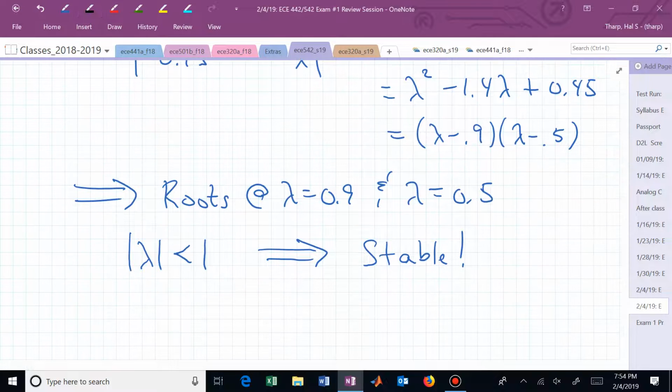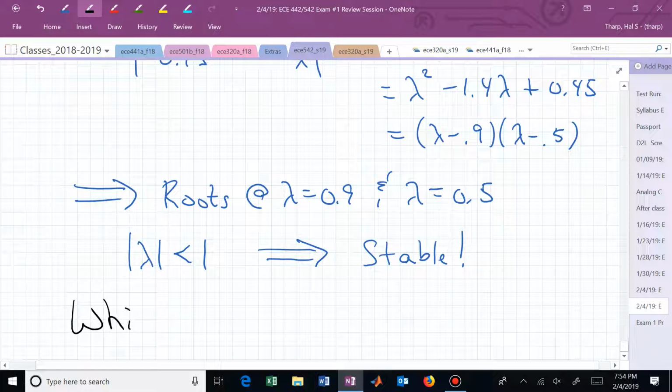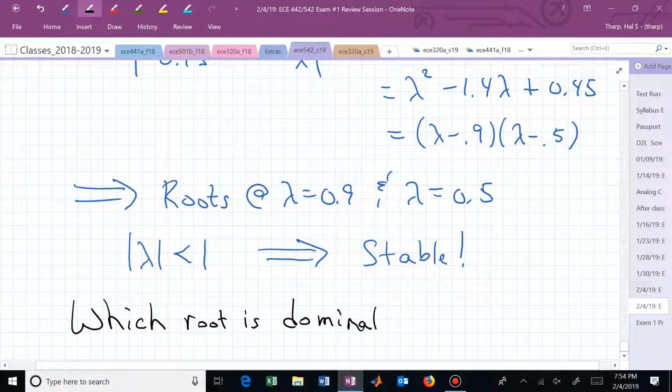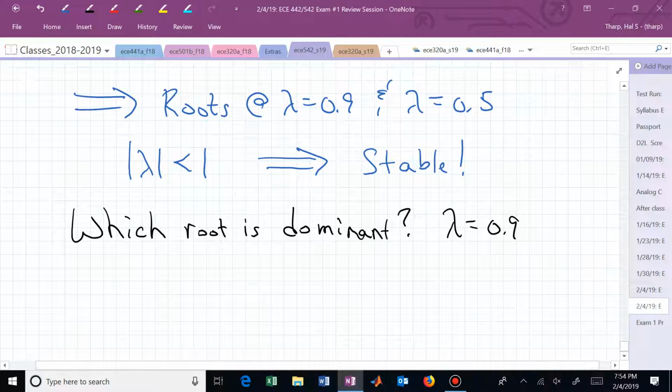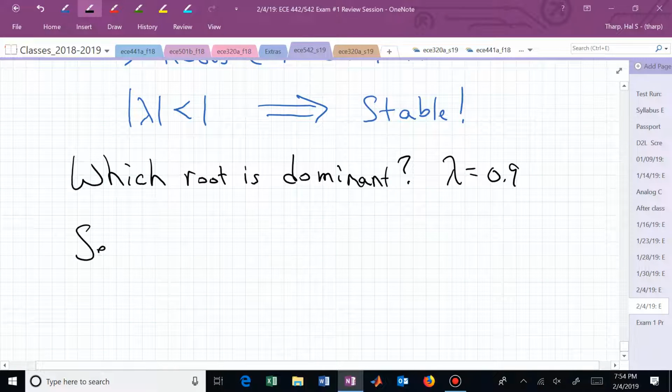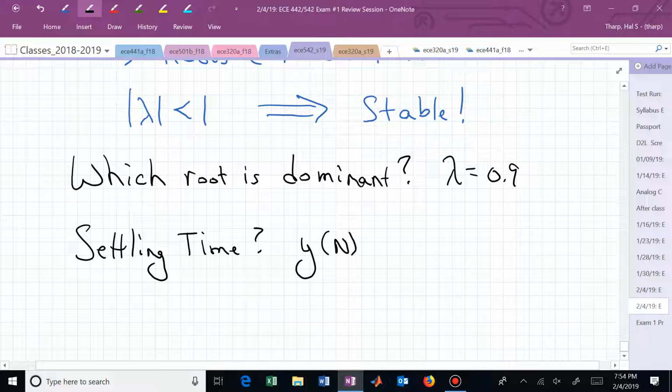And now I might say which of the roots dominates, or which root is dominant. 0.5 or 0.9? It's the biggest one. They're both inside the unit circle. That one dominates. What's the settling time? That's this